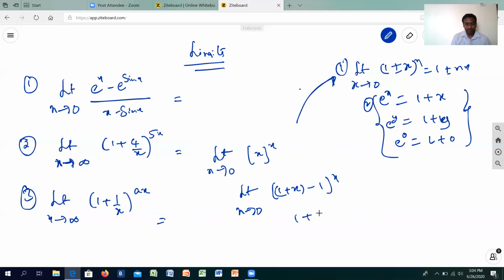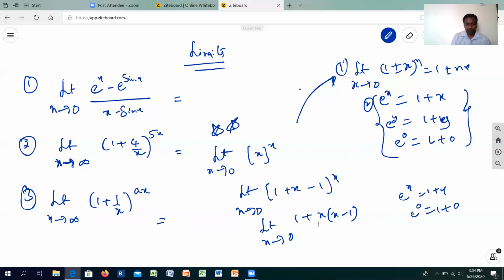So if you fit it into that, what you will get is 1 plus x times x minus 1. If you want to club it with this one, you can. It's just to show you that we have added and subtracted 1 to it. It doesn't affect our question. Very, very important question for the competitive exams. So limit x tends to 0. Now this one would be what? If I apply, see here, e power x is equal to 1 plus x, e power 0, as I've said, 1 plus 0. If you substitute 0 in place of x, what you're going to get? 1 plus the entire thing will be 0. It means your answer is e raised to 0, nothing but 1.